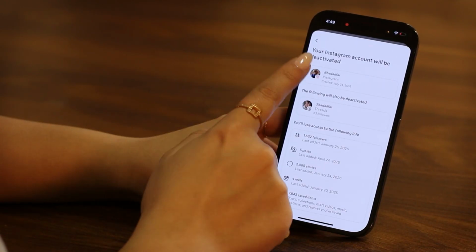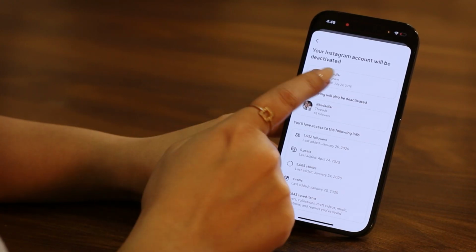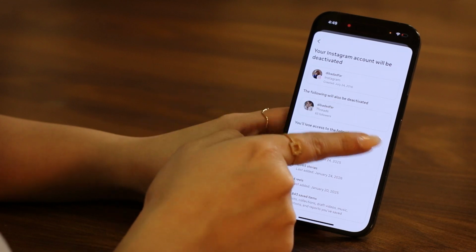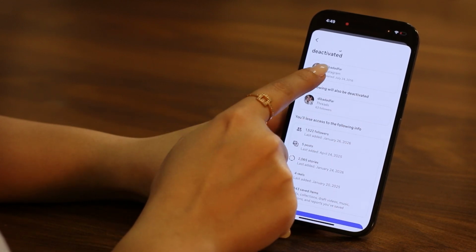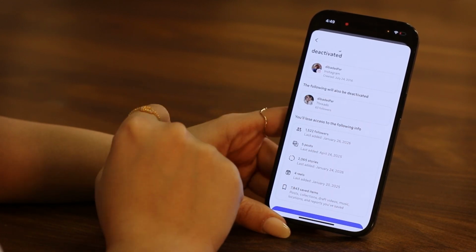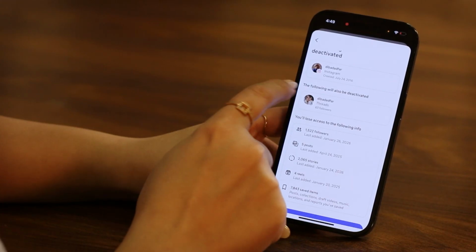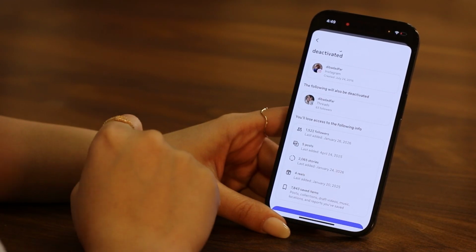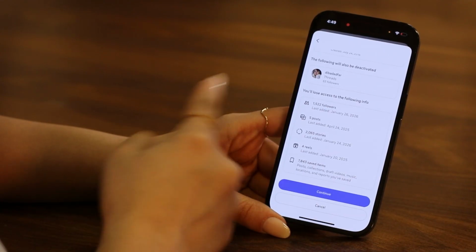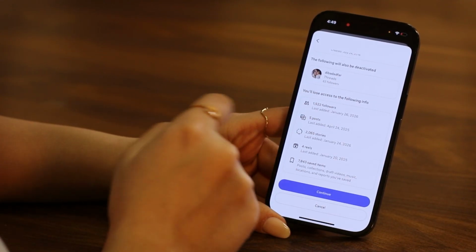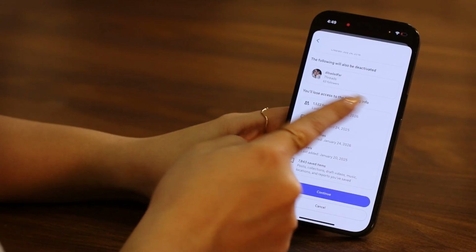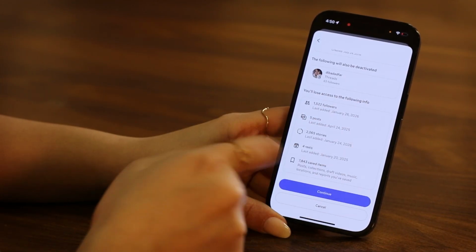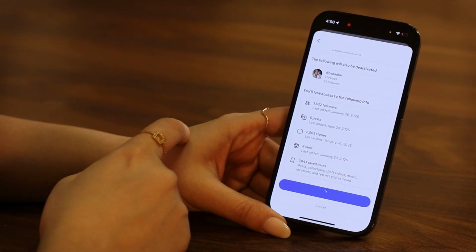So now it says your Instagram account will be deactivated, and it's showing me what my account is. And because my Instagram account was associated with a Threads account, Instagram is telling me the following will also be deactivated: my Threads account, which is associated with that Instagram account. It's also showing me some data. You'll lose access to the following info, like your followers, the amount of posts that you have, and everything else. And if I tap continue,